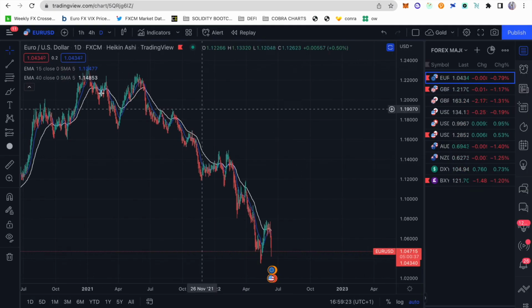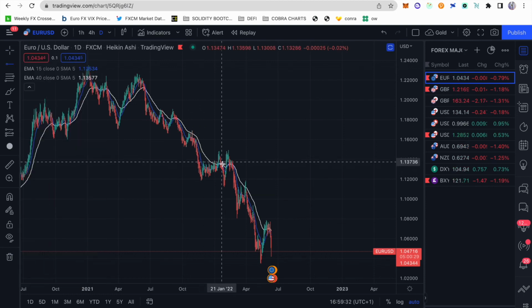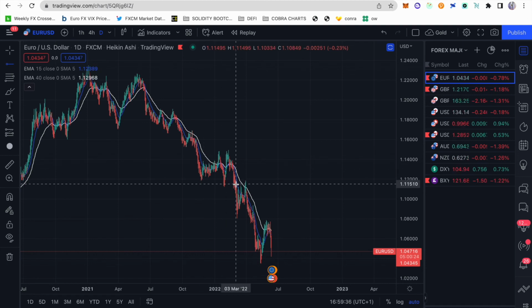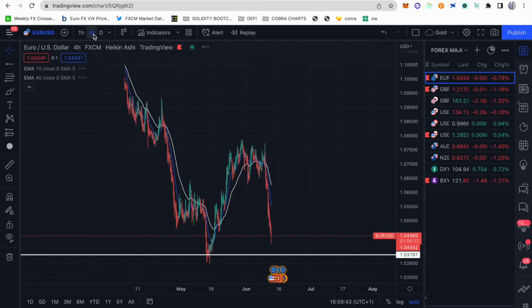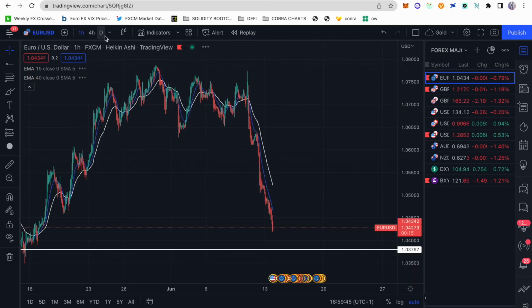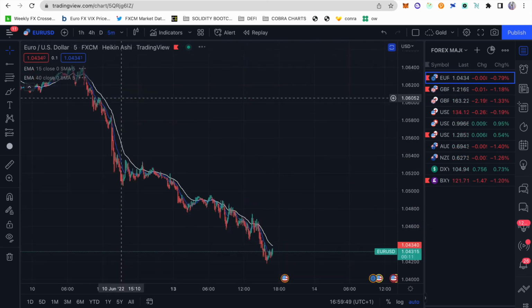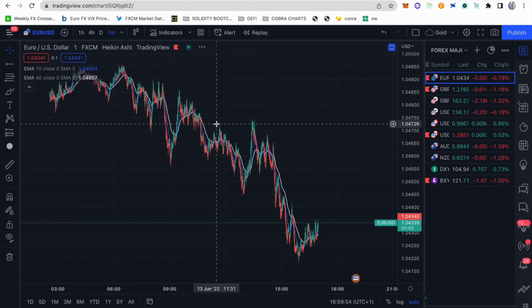Always look into technicals. Always be able to chart up and find your levels, and always update these levels. If you're looking at a daily chart, look at the last 3 months and create your patterns, and then keep zooming in. Go into the 4 hours, the 1 hour, the 15 minutes, the 5 minutes, the 1 minute. Always get your entry this way, but always learn how to do technicals.